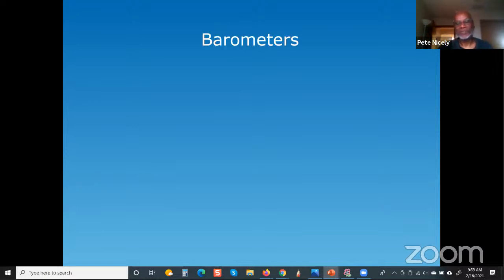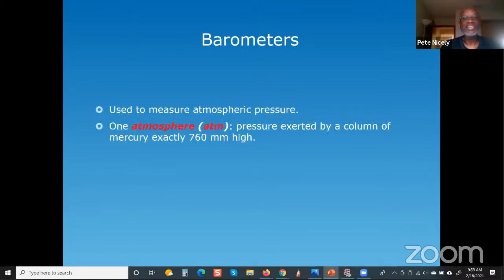So of course that mixture of gases will exert a pressure on everything that is submerged within it. So as we're walking around the earth and doing our activities, we are actually experiencing the pressure exerted by the atmosphere on our bodies, all right? So basically, how do we use a barometer to measure